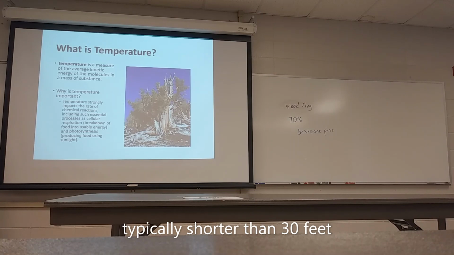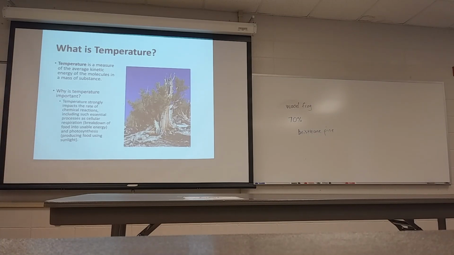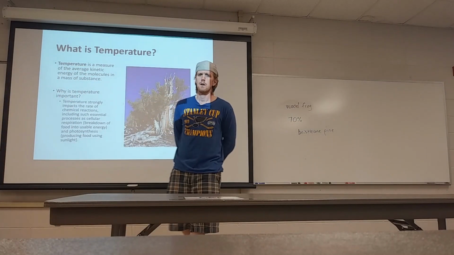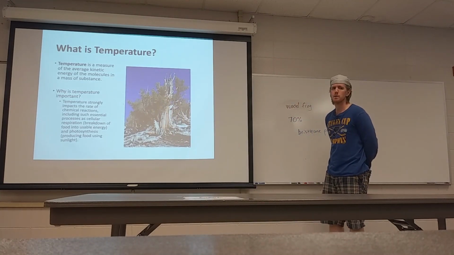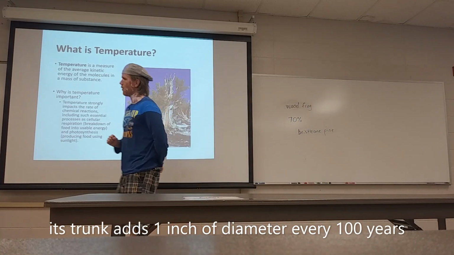And it's 4,000 to 6,000 years old. It grows in the high mountains of the Sierra Nevadas in California, and it grows at a very, very slow rate. I'm going to look up the rate and add it into this video so that we can have the exact rate. But it grows at a very, very slow rate,